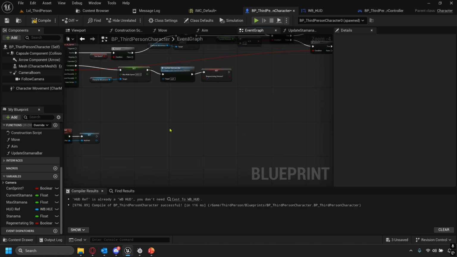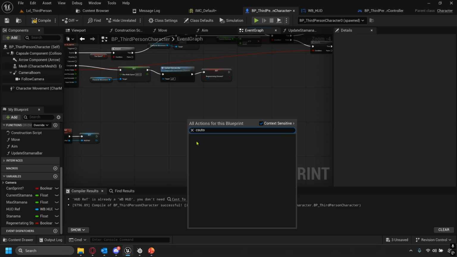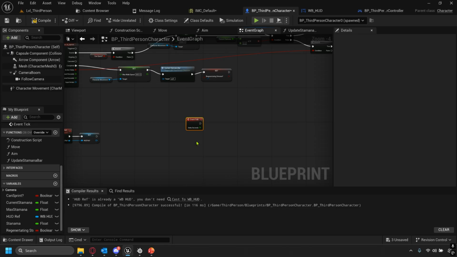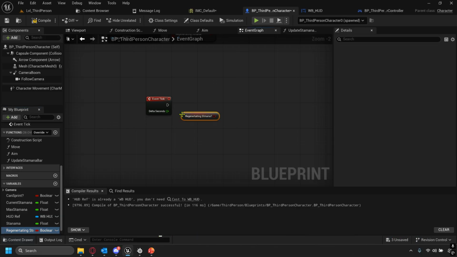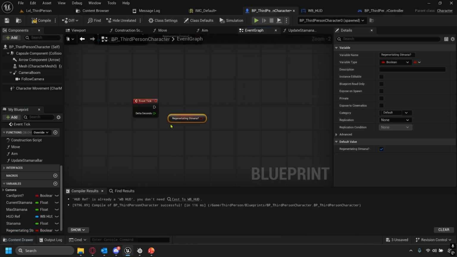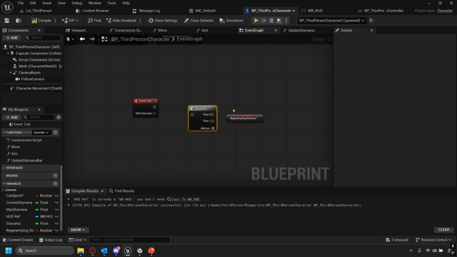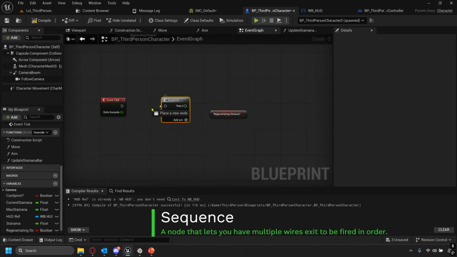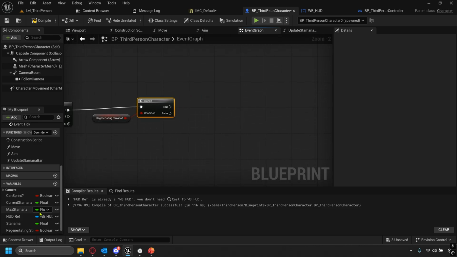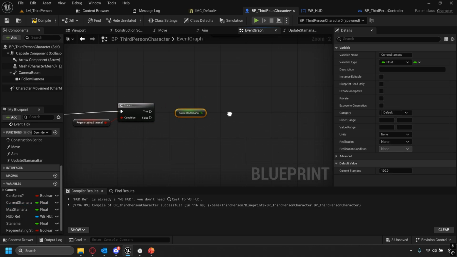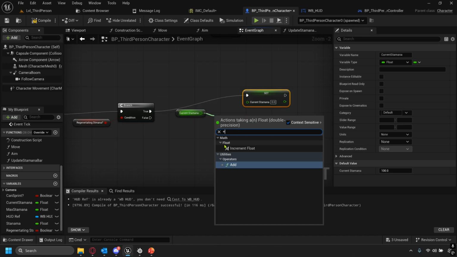And then we want to create a new custom event, or not custom, we'll do an event tick, and then drag our get for regenerating stamina. We should actually put in a sequence, so if you press S and click, you can then do event tick, do a branch into our regenerating stamina, and when it's true, we want to take our current stamina and say plus, add